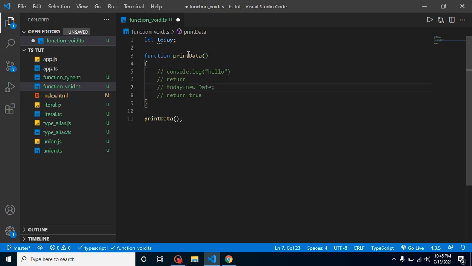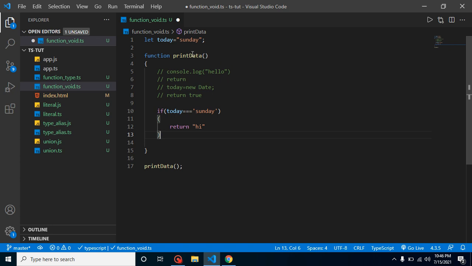Let's say in today we have a value, let's say 10, or you can just check Sunday. And here you check if today triple equal to Sunday, it will return something, let's say hi, and in the else case it will not return anything.